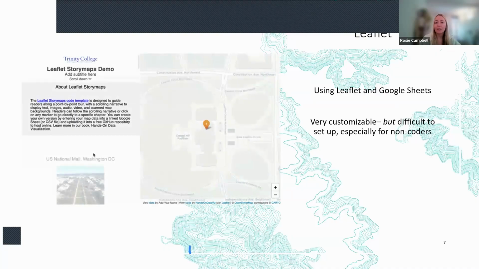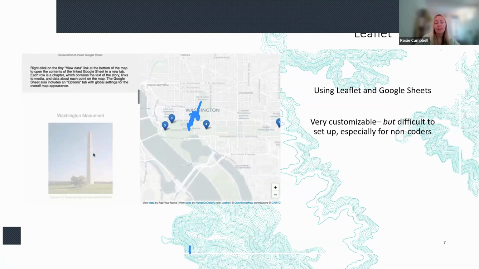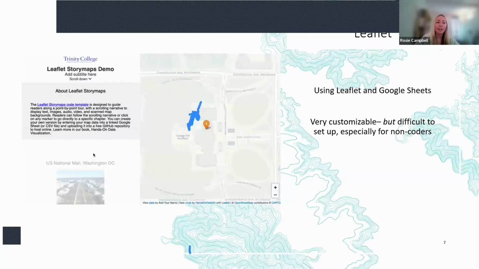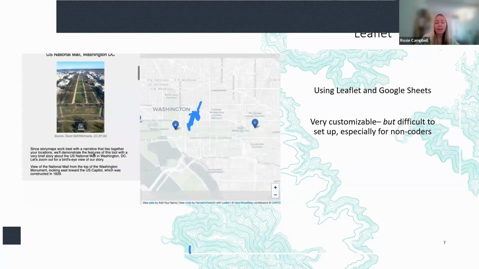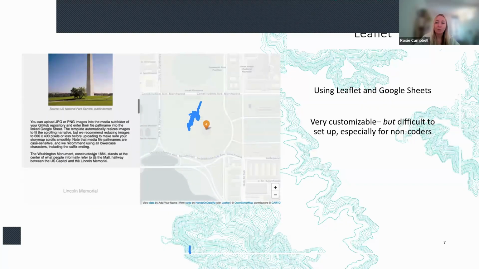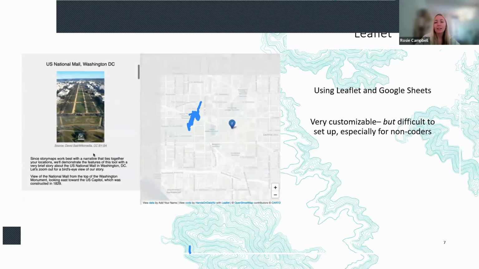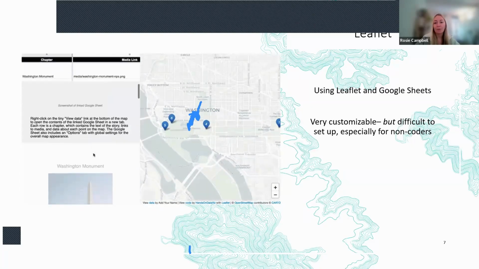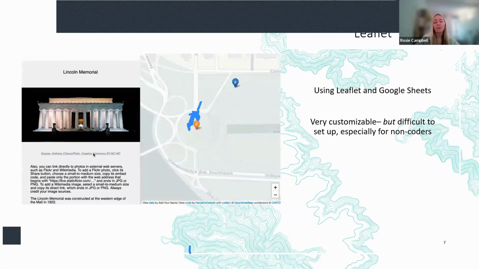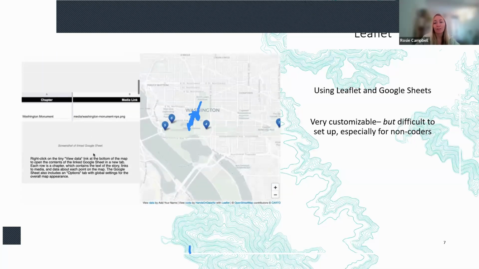First of all, Leaflet, which is a leading open source JavaScript library for mobile-friendly interactive maps. There's actually a hack that uses Leaflet and Google Sheets together to create these interactive story maps. This is best used for highly customizable projects where you want a specific look and feel that a template can't provide. Because it's open source, it's great for projects with limited budgets or for those who prioritize digital preservation. Here you're using your own code, there's no subscription, it's all your own data, and you have full control over everything.